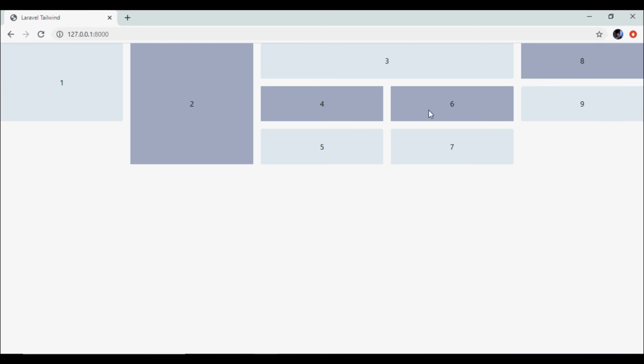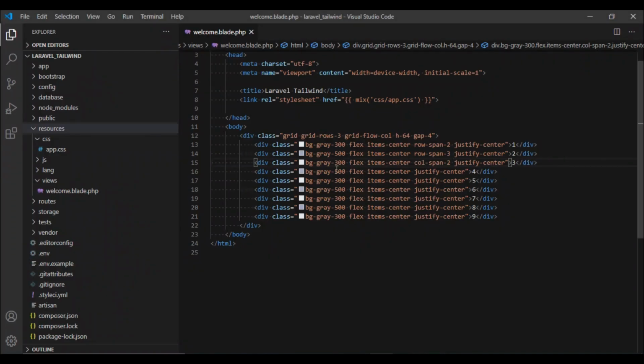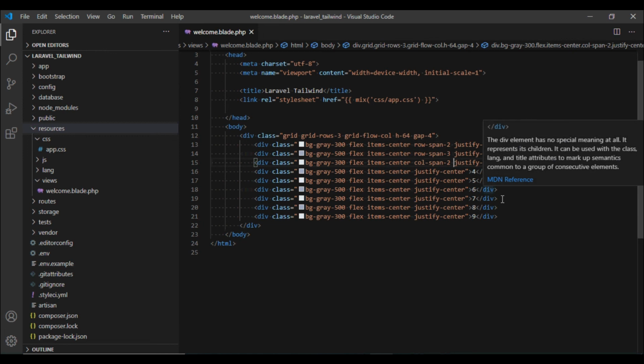So this way, this CSS grid can be used to create any structure that you want. You can have a sidebar, a top navigation bar, and the main body can also be divided into 2 layouts, and then you can have a footer. CSS grid makes it all very easy, and Tailwind CSS takes it a step ahead and makes it even simpler. You can just play around with these row-span and col-span properties, and you can come up with very exciting grid layouts.